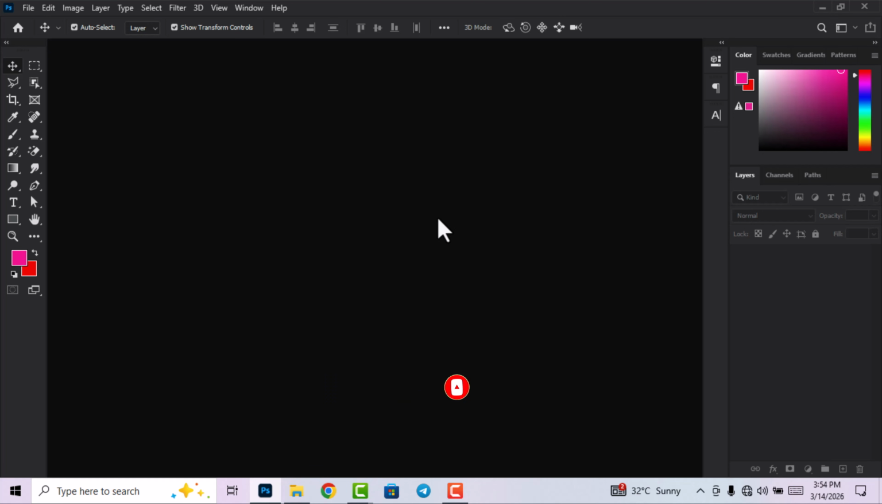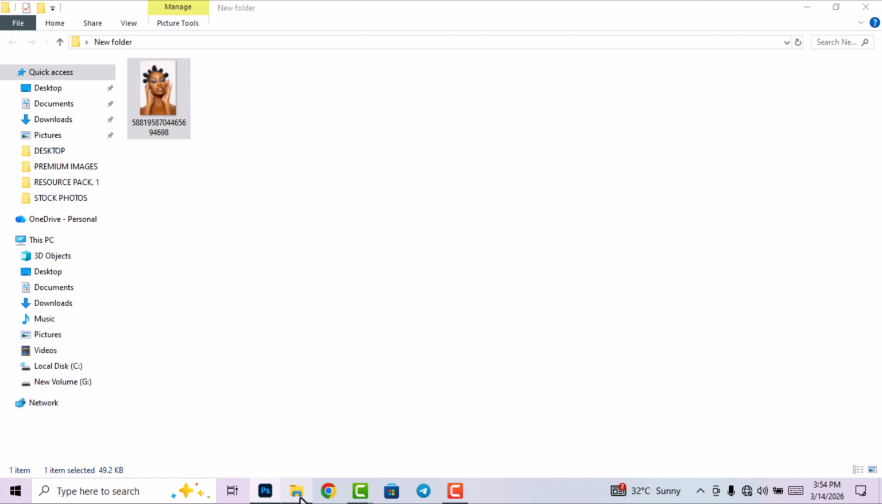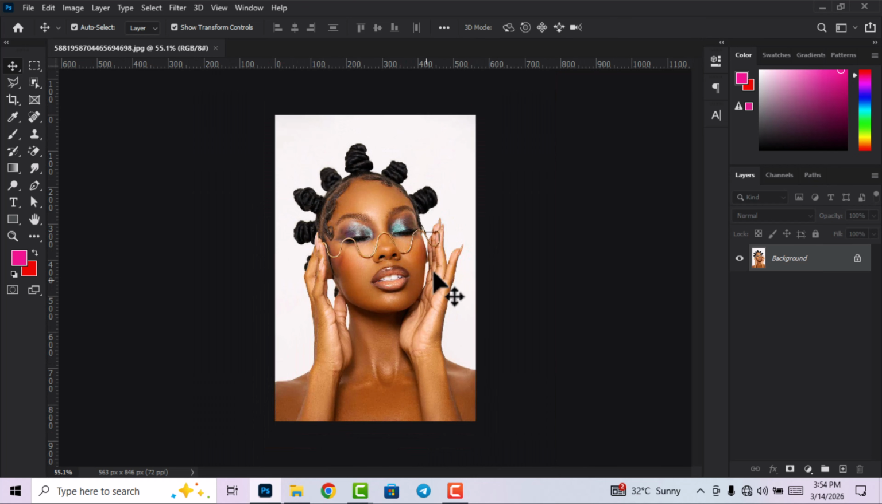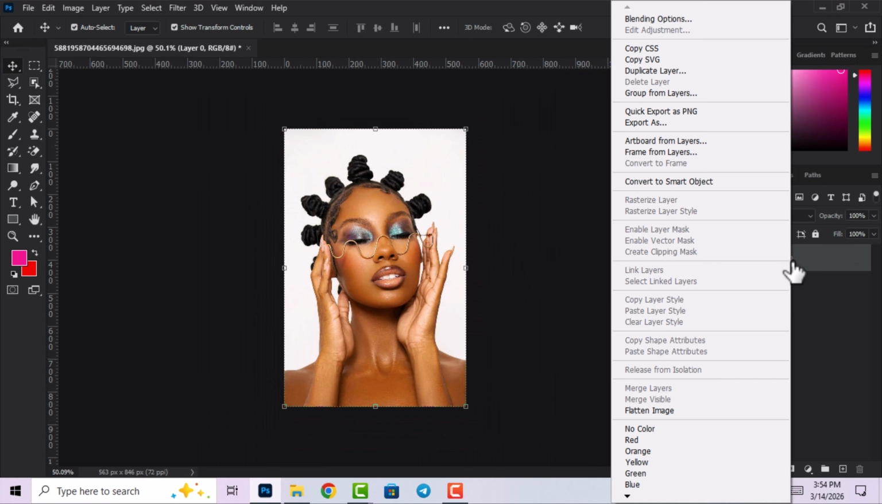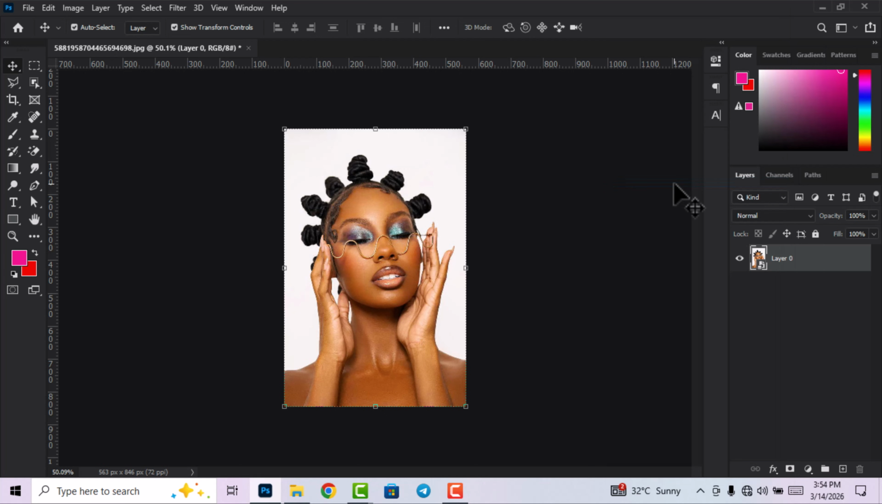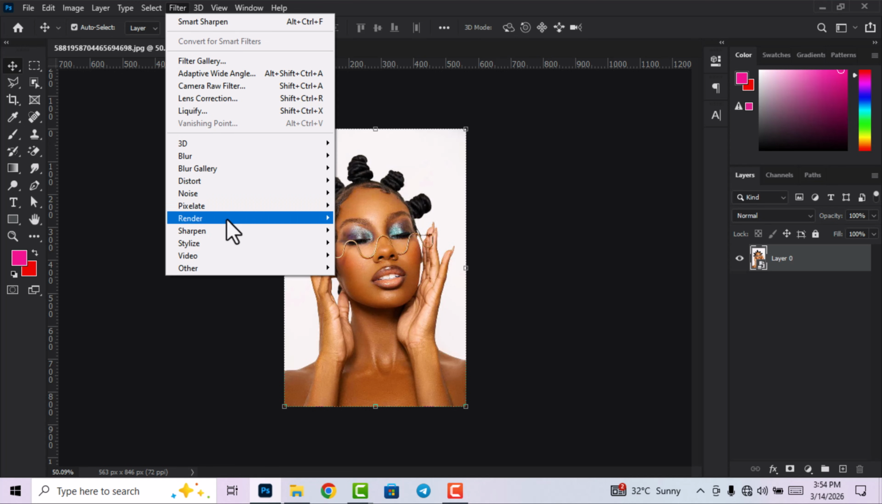Now let's jump into the tutorial video. So I'm going to drag and drop my image. I have my image here. But now the first thing I'm going to do is right click on the image and then click on convert to smart objects. Right now head over to the filter tab here and then click on sharpen and then click